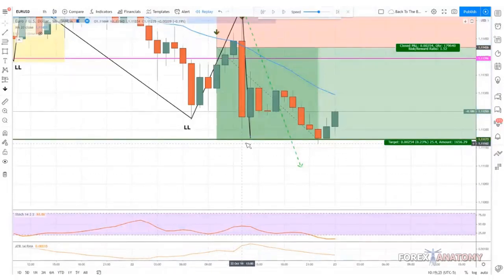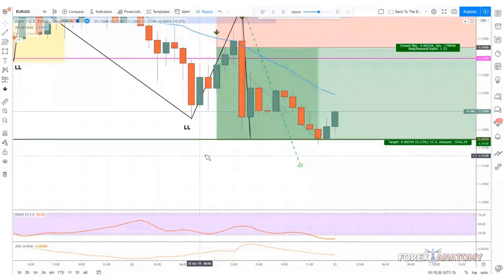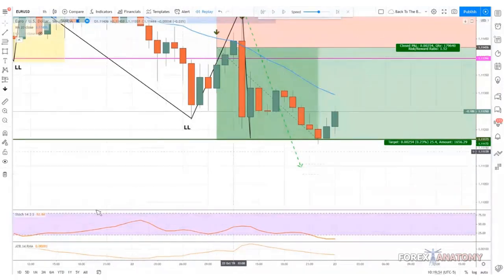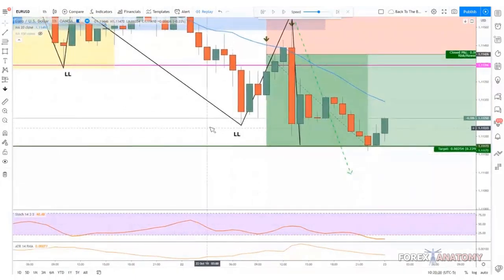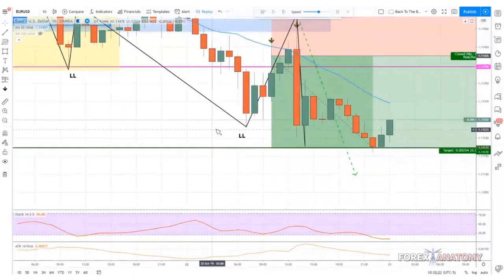Now, what do we say was the condition of drawing these waves? Remember, this is very important because if you don't know this, then you will make a lot of mistakes. But what did we say classifies a true wave, or a true lower low and a lower high? What constitutes a true wave? What has to happen in order for this to really be a true wave?